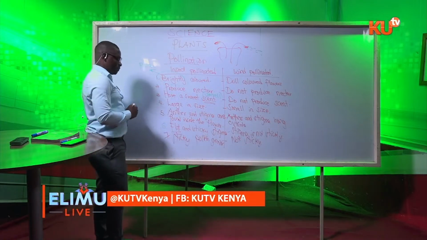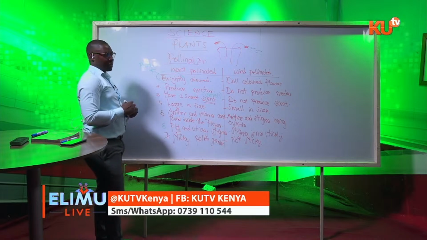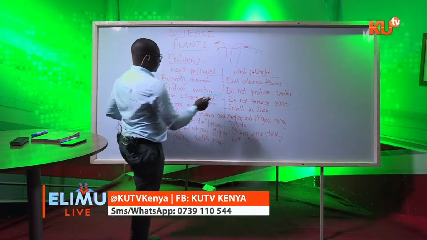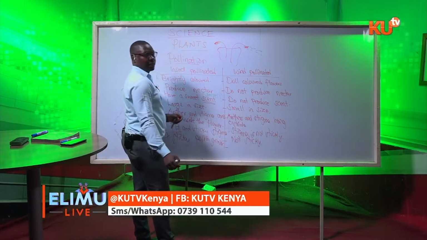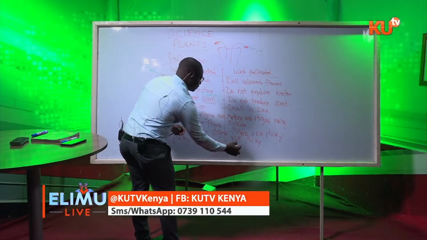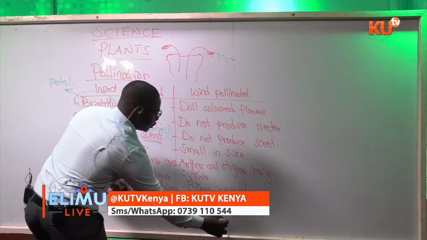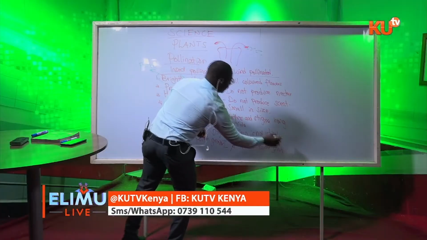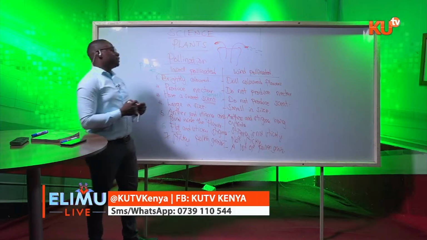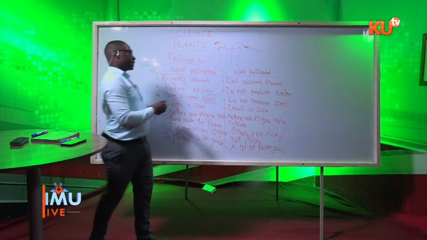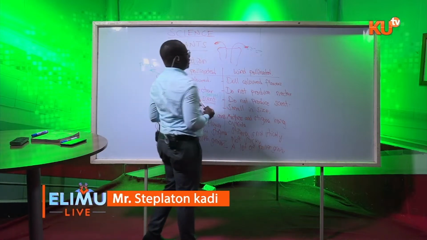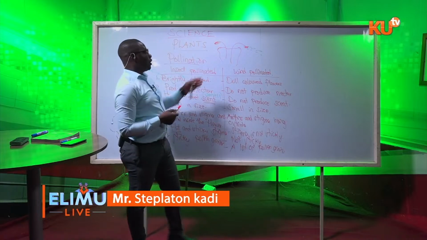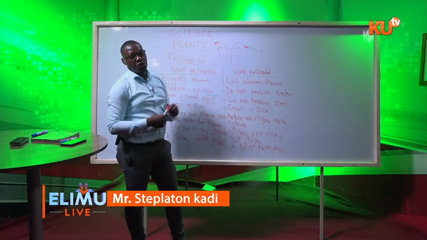So that is why the pollen grains need to be sticky. The last point, for wind-pollinated flowers, they produce a lot of pollen grains. Why should they produce a lot of pollen grains? Because as the wind is blowing away the pollen grains, most of the pollen grains are going to drop along